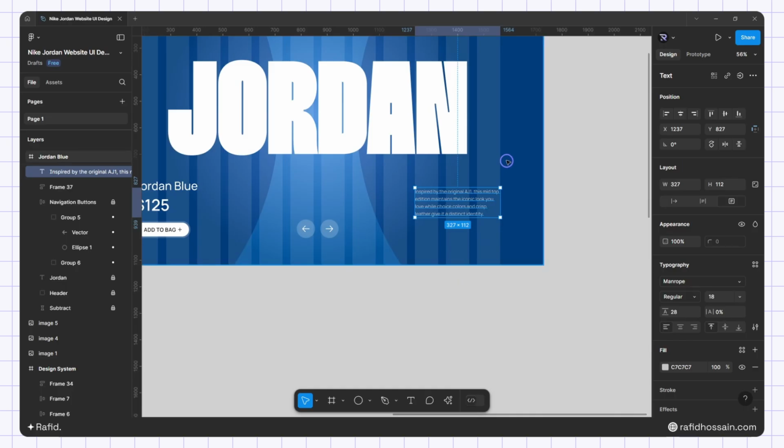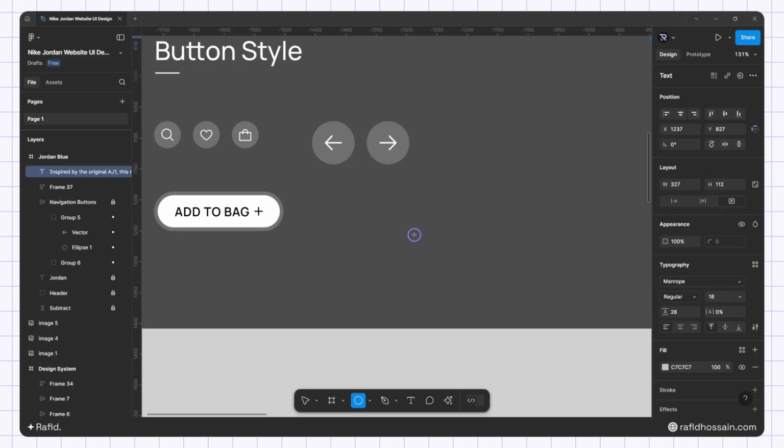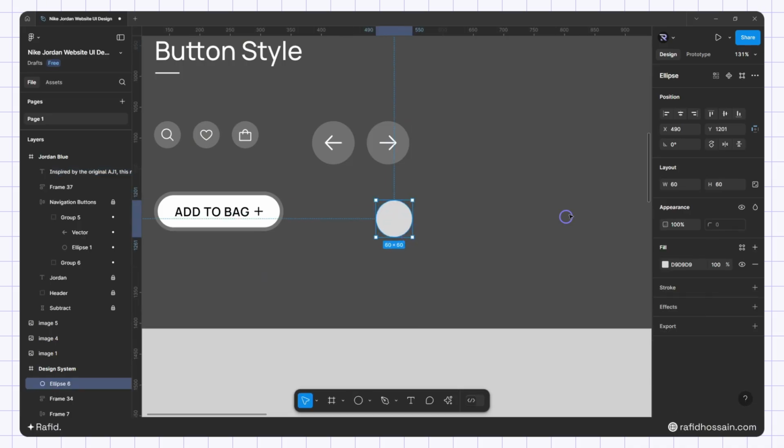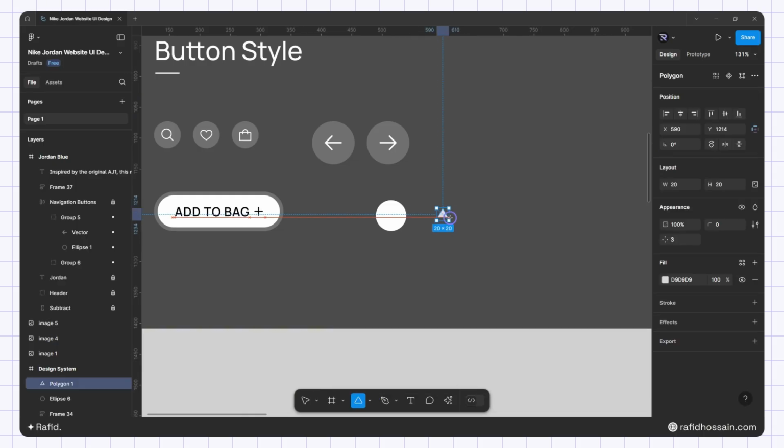And for the video button I'll create this one, so you can see I'll press O on the keyboard and make sure you select this aspect ratio, and I'll add 50 pixel width and height, and I'll add the background color is white color. I'll select this one and make sure this is white color like this, and I'll add this play icon, select this polygon tool and draw here and make it height and width is 24 pixels like this, and I'll make sure this is somewhere here,